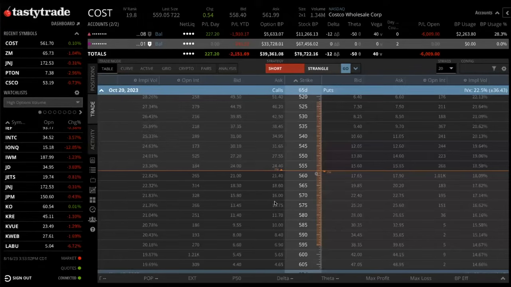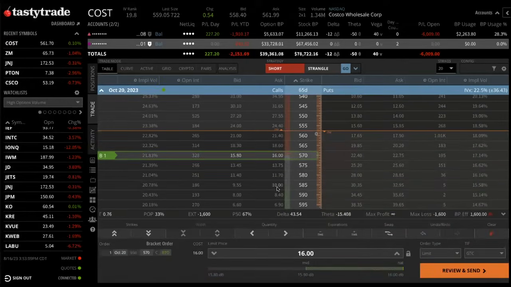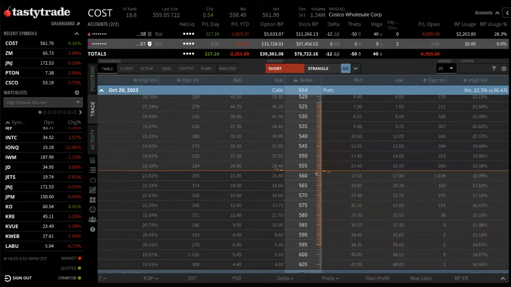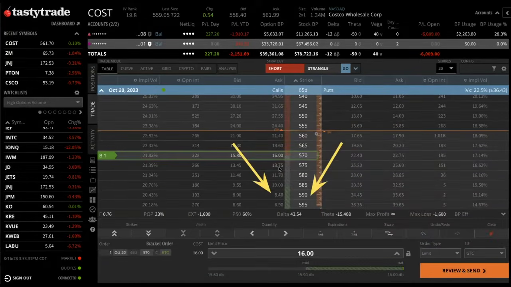finding our strike here. So maybe we're thinking, okay, I want to maybe buy the 570 and see how that looks. So if I wanted to buy, all you need to do is click on the ask price here. So all I did was just left click on the ask price that correlates to the strike that we wanted to buy. So maybe 570. If we wanted to buy the 570 strike here, we could click on the ask price. You can see we are now buying that strike. It's labeled with the green